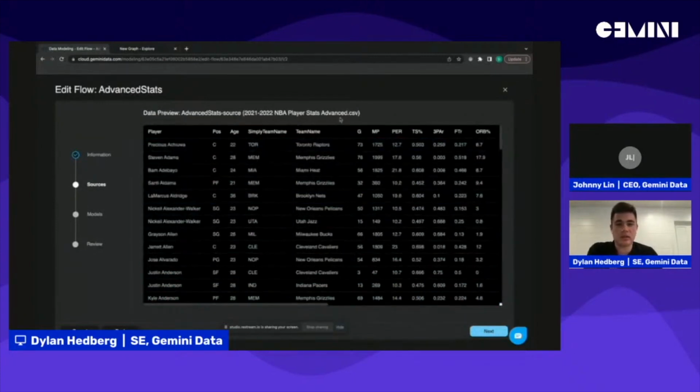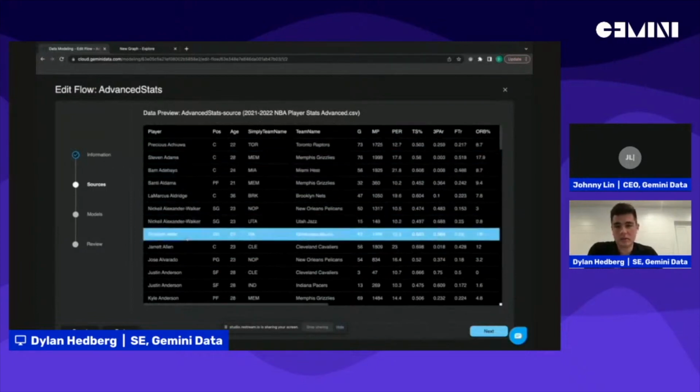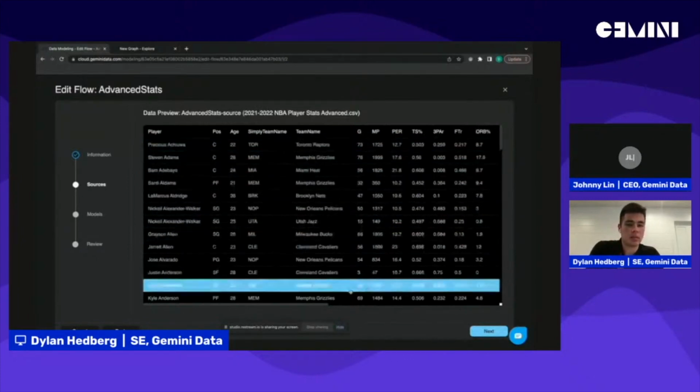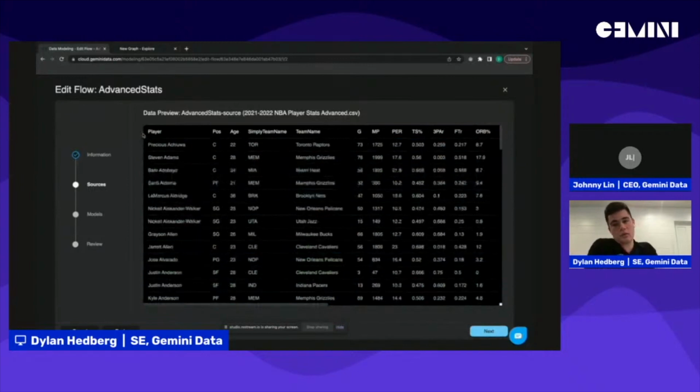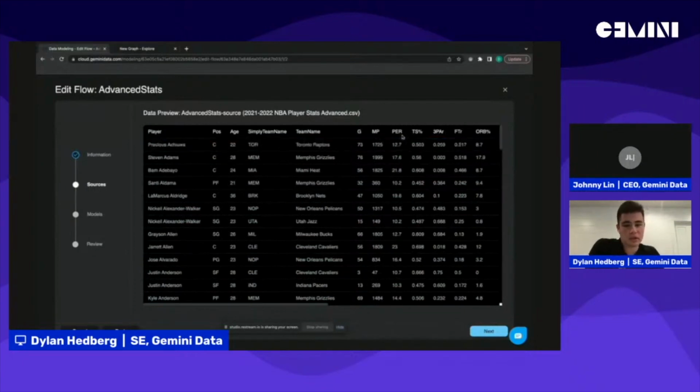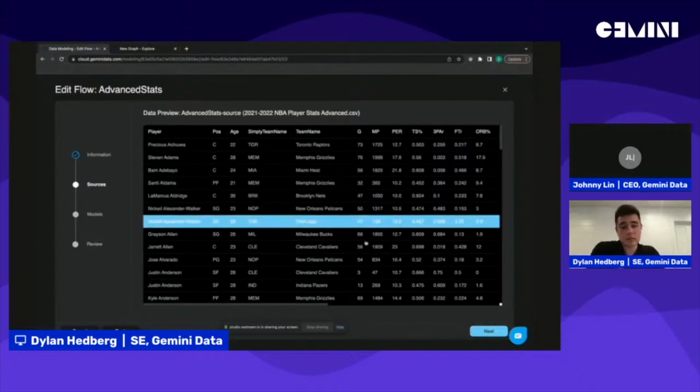So we have a CSV that we've collected based on their stats on the prior season. And so what we have here, we have player names, positions, age, and other metrics that may help describe the nodes. So the way we data model, we use the headers in CSV files for this example to assign as nodes. And then we use properties like PER, which stands for player efficiency rating, to describe nodes. So some headers are better used as properties to describe nodes.